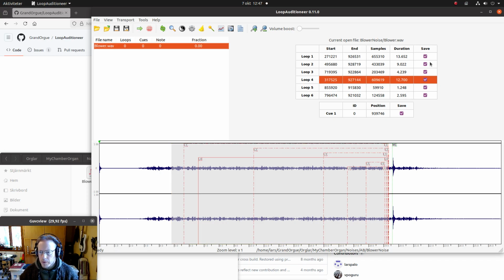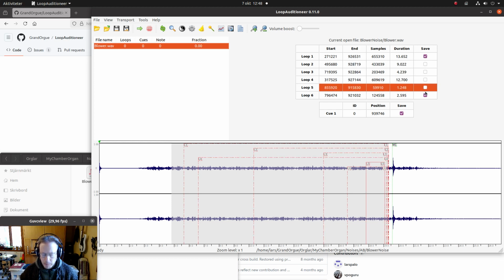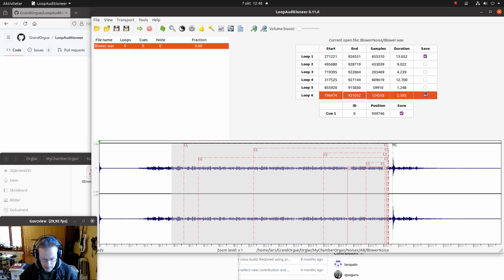So perhaps I won't keep that, but only the first loop. So I can just deselect these by clicking on them, or I can move with the keys to the correct one and then deselect it with keyboard keys too